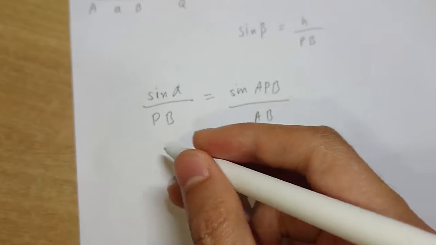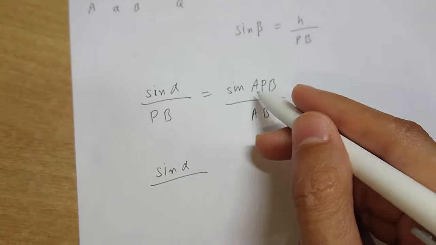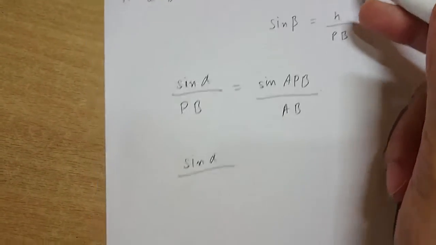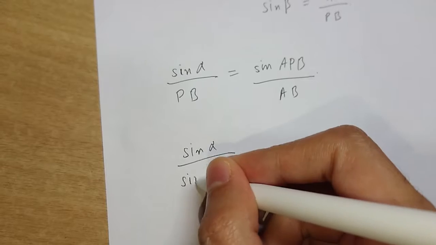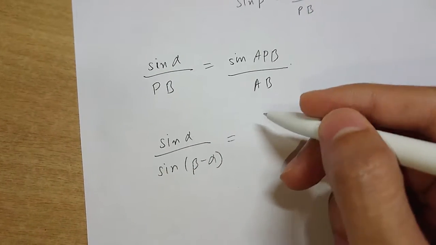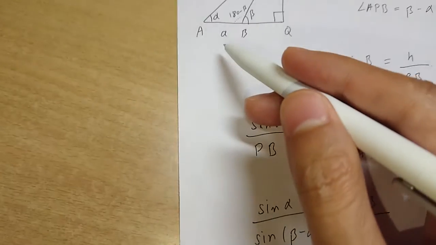Sine alpha only, and sine APB, and here we can write APB as beta minus alpha. Sine of beta minus alpha equals PB over AB, AB is A here,